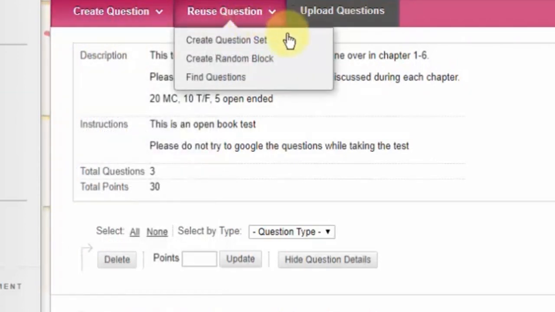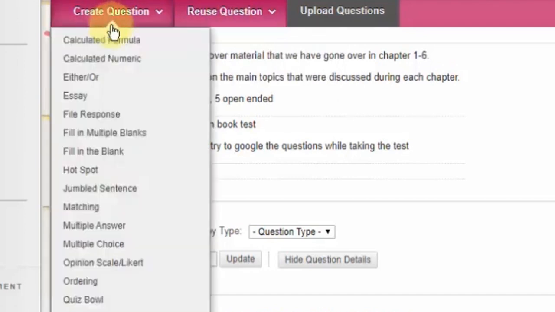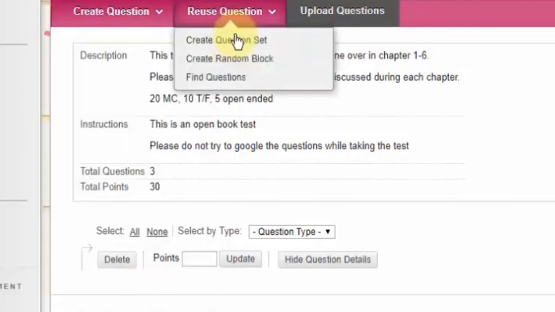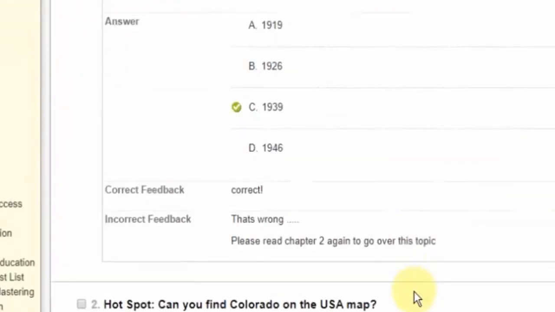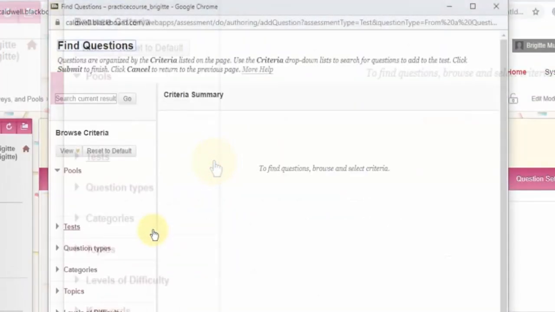Okay, and then here we have a couple of other options. We have a reuse questions option. So if you've already created multiple tests, like this is my midterm, correct? So I would say if I'm doing a midterm test on Blackboard, I've created other tests on Blackboard as well, but I want to also incorporate them into my midterm. I can do that. I could go to find questions,